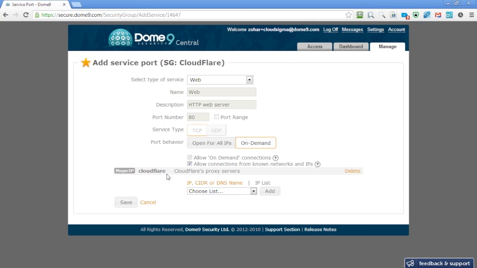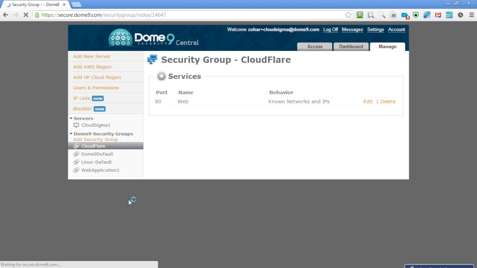And as Cloudflare offers web application firewall and some reverse proxying and CDN, this is probably the best way to combine securing the web application and also securing the server that hosts this web app, by only trusting the list of IPs that Cloudflare provides. Now, you as a user, you don't have to do that. Dome9 does it for you. So essentially, when I click Save,